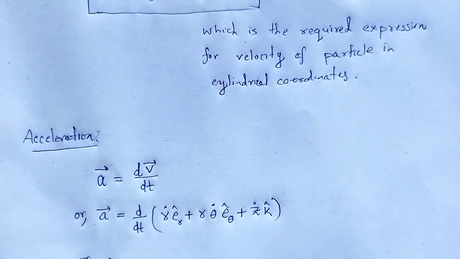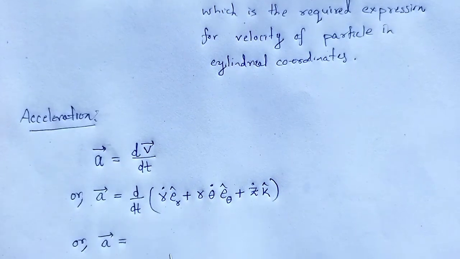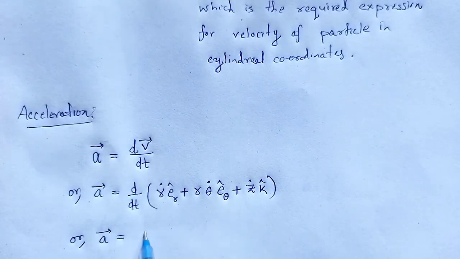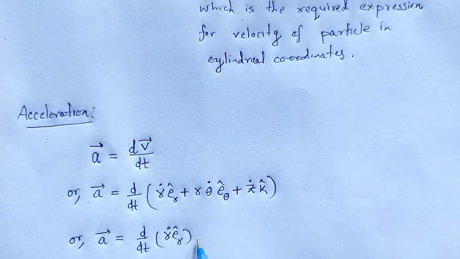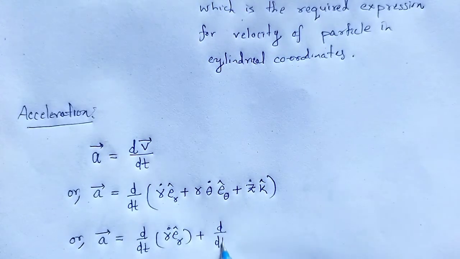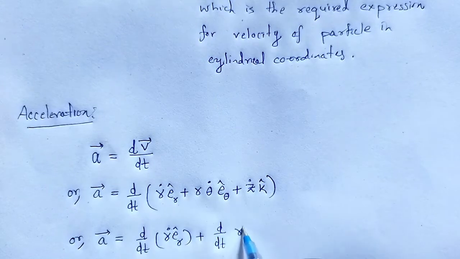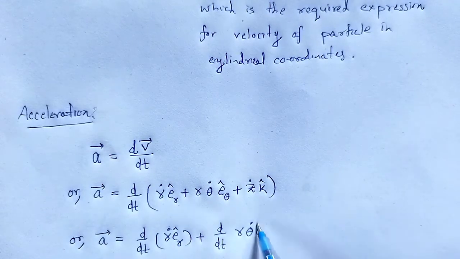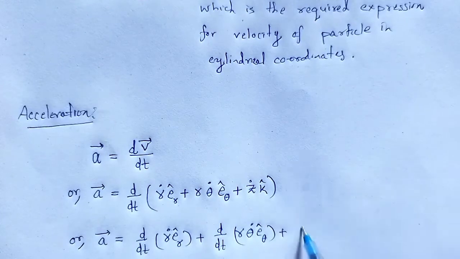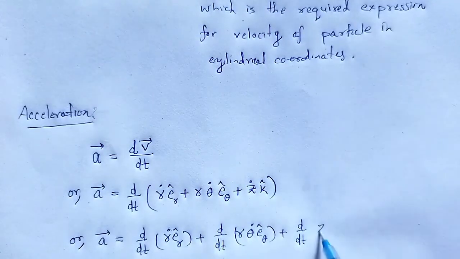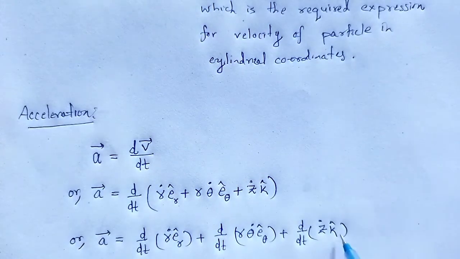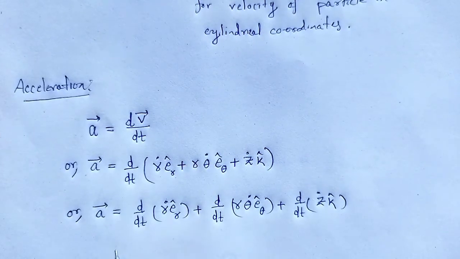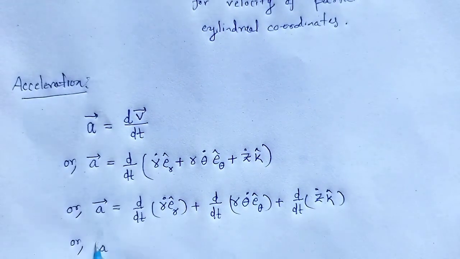or a vector is equal to d by dt of r dot e r cap plus d by dt of r theta dot e theta cap plus d by dt of z dot k cap, or a vector is equal to